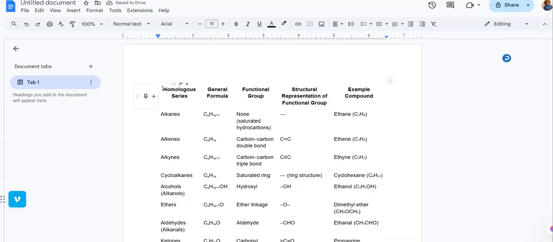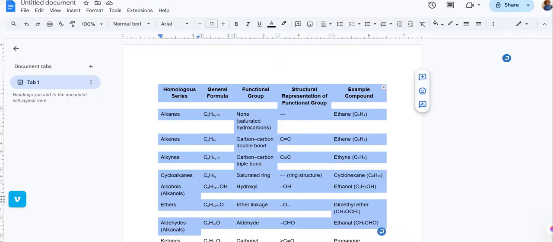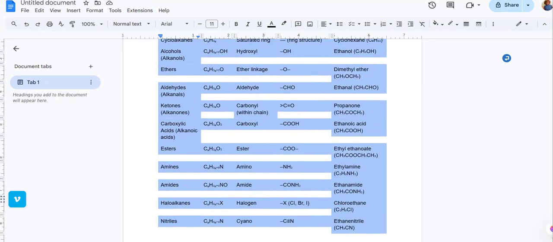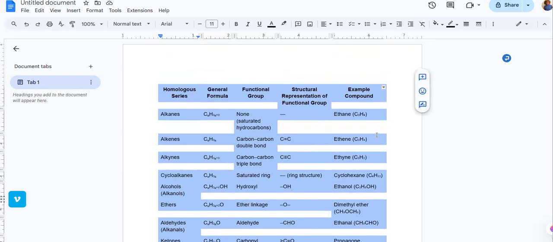I want it to have the lines. It's usually like this whenever you copy a table from AI, or from some other source. It doesn't show the lines. So you don't have to be pasting the words one after the other, like creating a table from scratch. You just have to highlight everything, and go to this border width at this corner, at the extreme